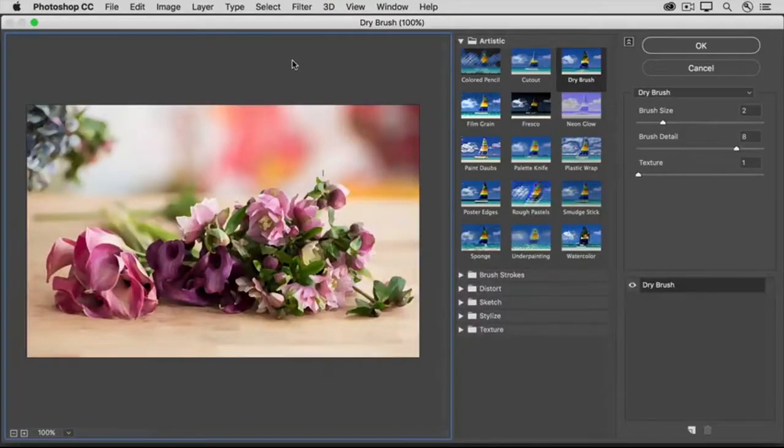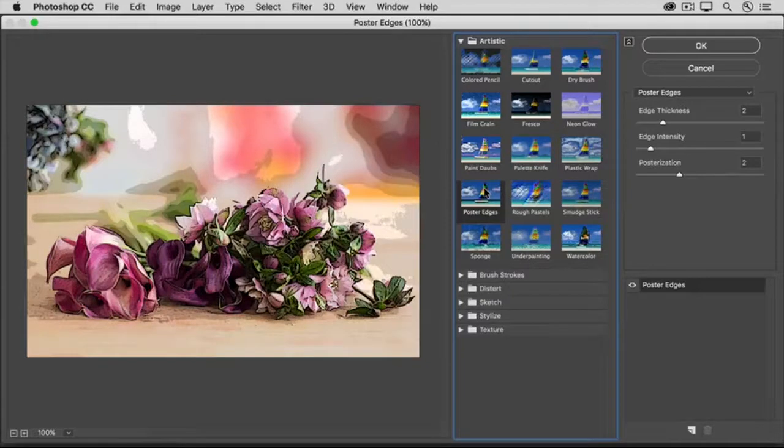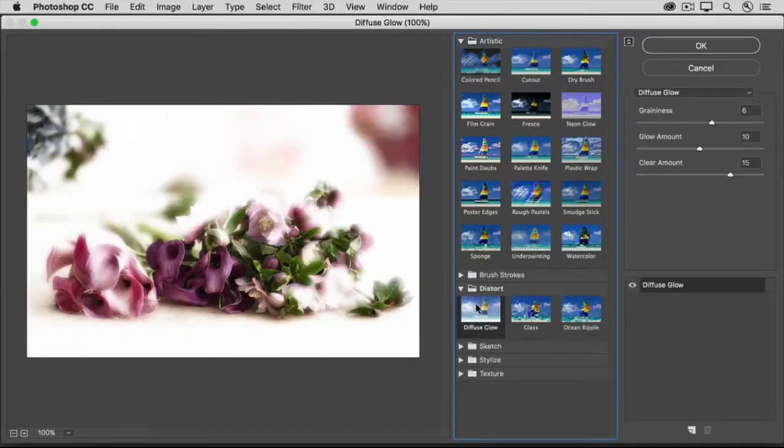That opens this big Filter Gallery window, with the last filter that you used applied to the open image. So your image may look slightly different than mine. Over on the left, there's a big preview, and in the middle, there are thumbnails of filters. To preview a filter on your image, just click its thumbnail. And you'll find lots more filter thumbnails in these folders. I'll click the arrow to the left of this folder to open it, and I'll click on one of these